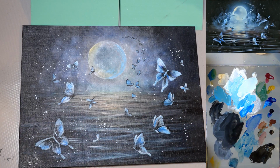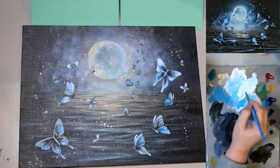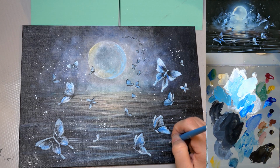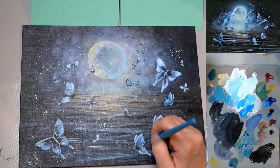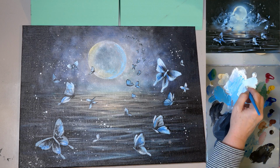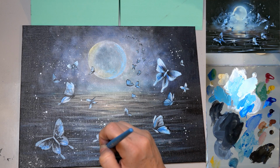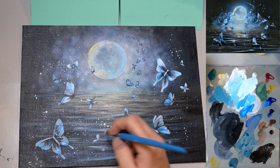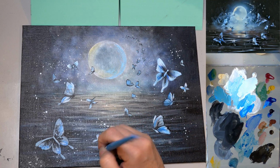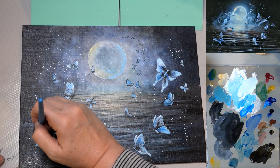Okay, and then I'm going to take my scrubby brush that I talked about earlier, grab some of that color. I'm just going to scrub in just a few really bright highlighted areas here and there. You can maybe pick one of these dots that I've already put in, just kind of widen it out a little bit. Don't scrub too hard because you don't want to lift off the paint underneath, but